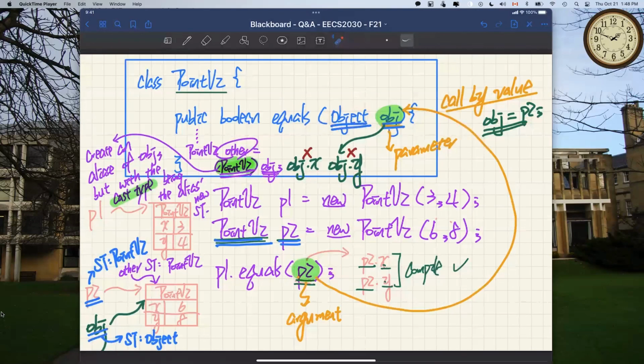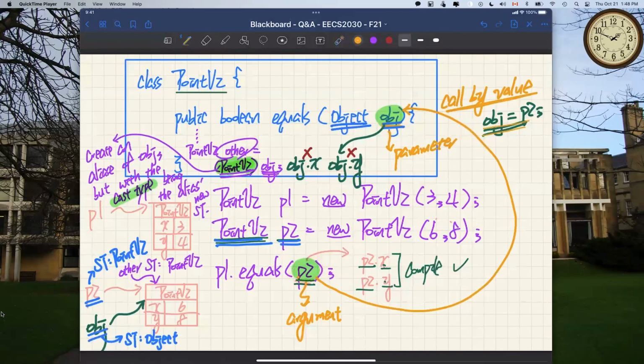Yeah. So when we pass in the argument as object, our static type becomes object. Our reference type remains point v2. So then when we compare... Okay, pause here. It's not exactly precise, John. Not exactly precise. So the call by value over here, I'm talking about, okay, so I say obj is assigned